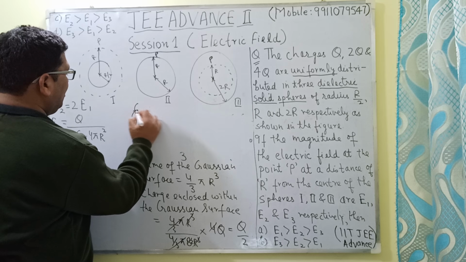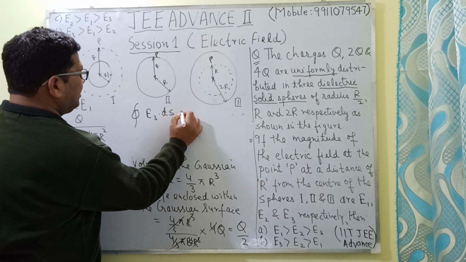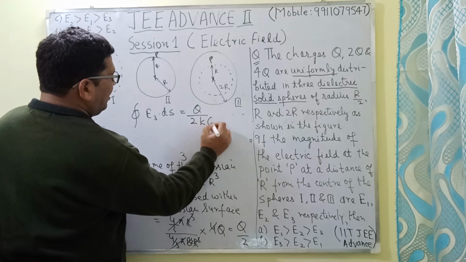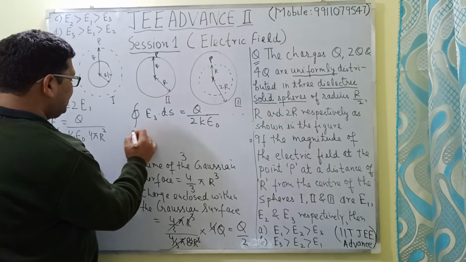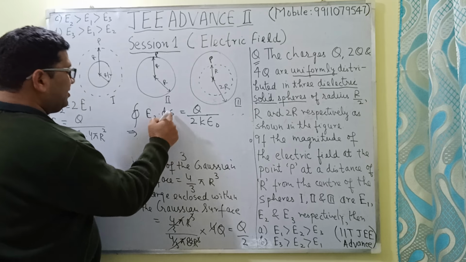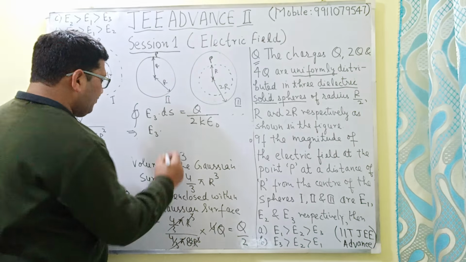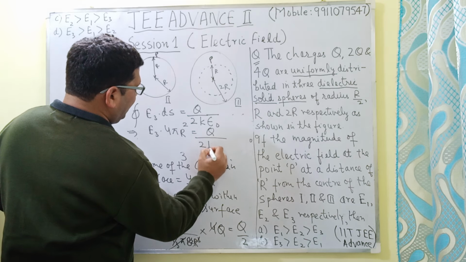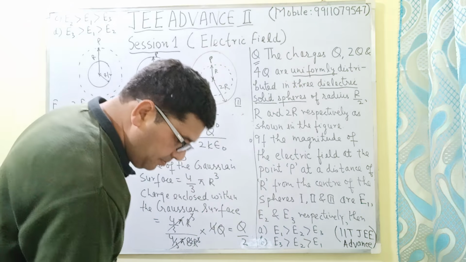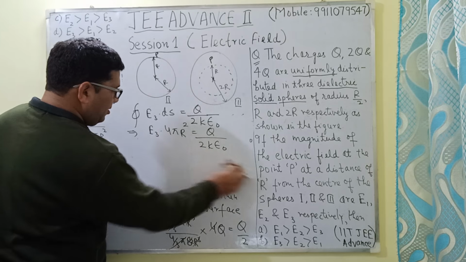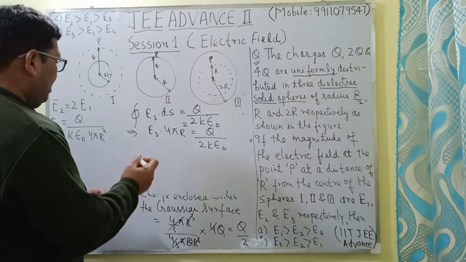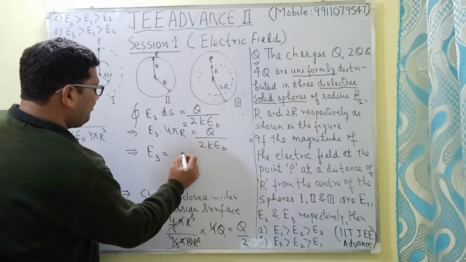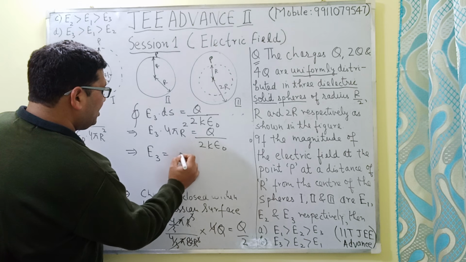As per the Gauss law, E3 dot ds will be equal to the charge q by 2 divided by k epsilon naught, and it implies that E3 into 4 pi r square is equal to q divided by 2k epsilon naught. And so from here, E3 is equal to q